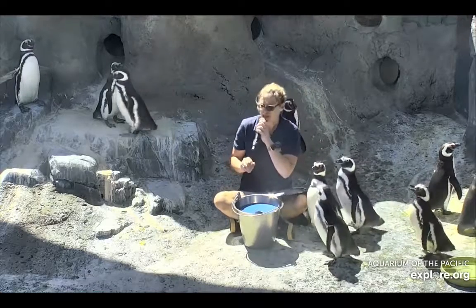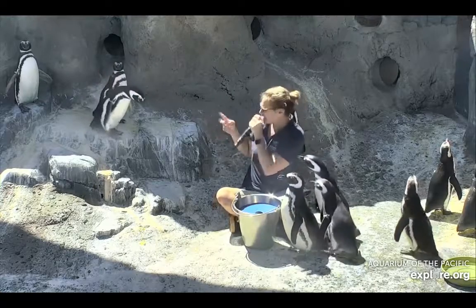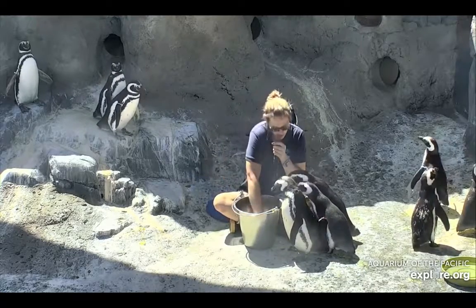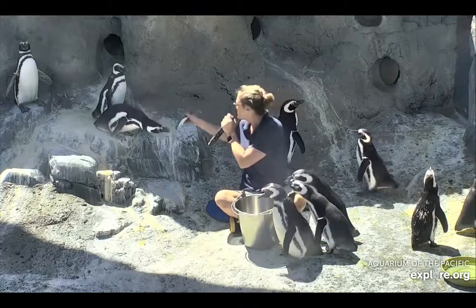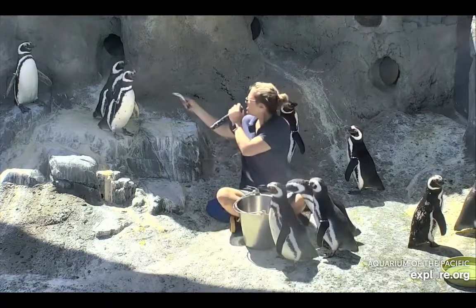You might wonder what that was all about. We have 9 holes or burrows that these guys can nest in, and all of them are occupied by pairs. These guys do mate for life. So the burrow that I had to